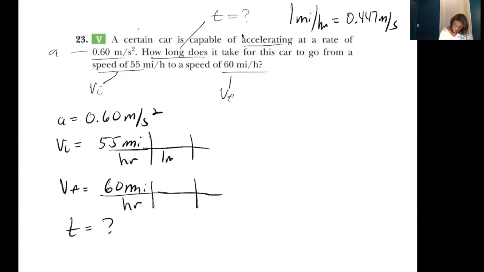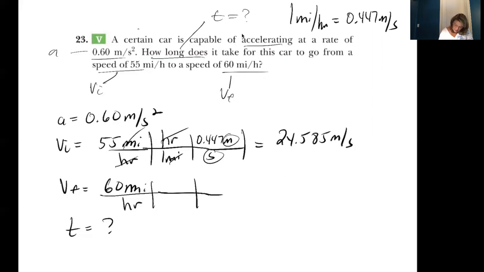Okay, so 1 mile per hour is equal to 0.447 meters per second. And I know the order of which to put those based on the fact that I need all of those to cancel, and I get an answer of 24.585 meters per second. Same thing, 1 mile per hour equals 0.447 meters per second, and that equals